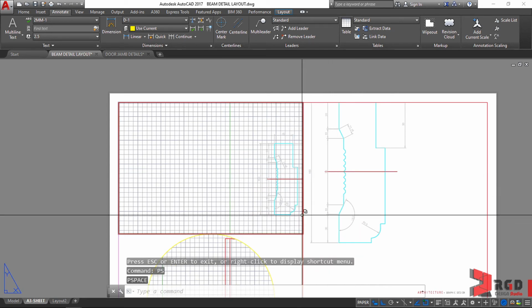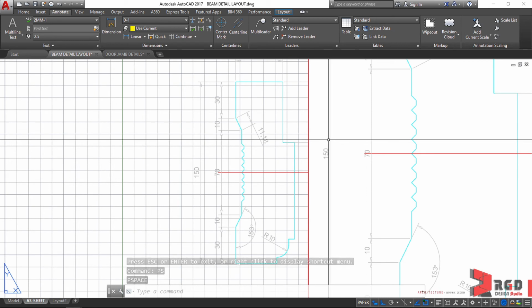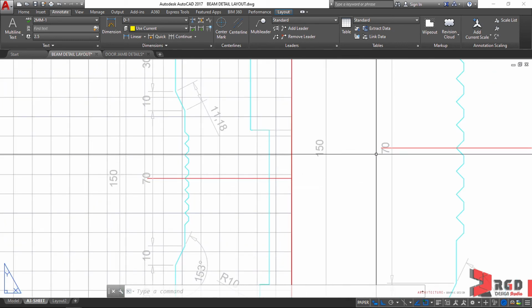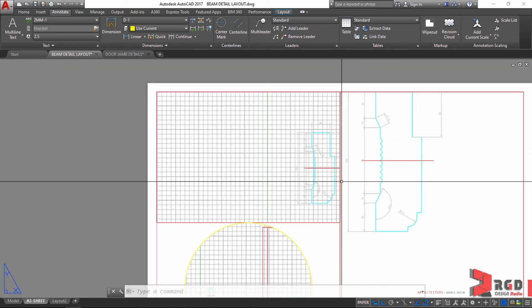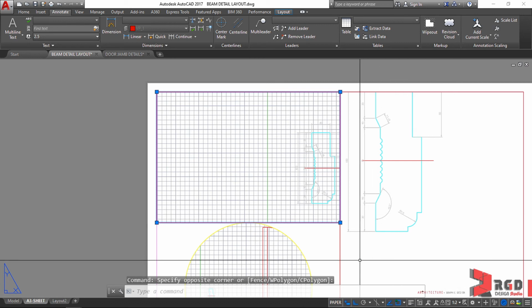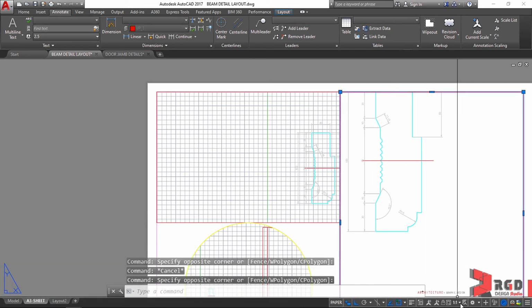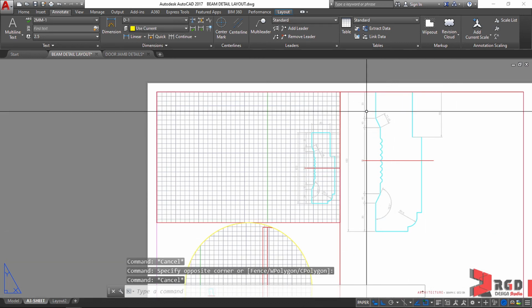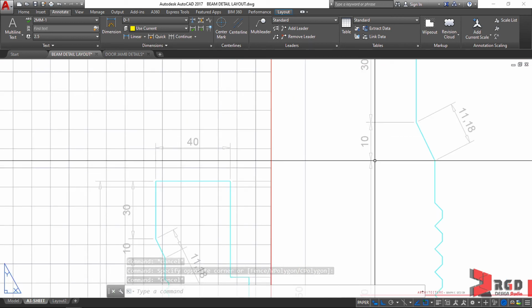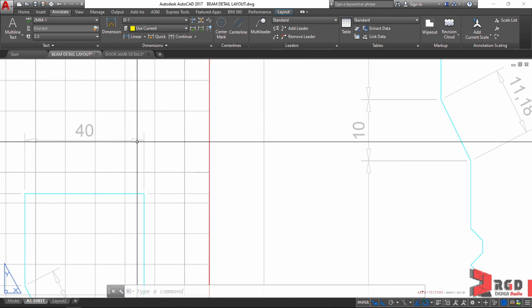And let's try to zoom in, okay? If you notice, the text heights are the same, regardless of this using 1:2 scale and this one using 1:1 scale. And that goes similarly with the arrowheads. They are 2 mm.